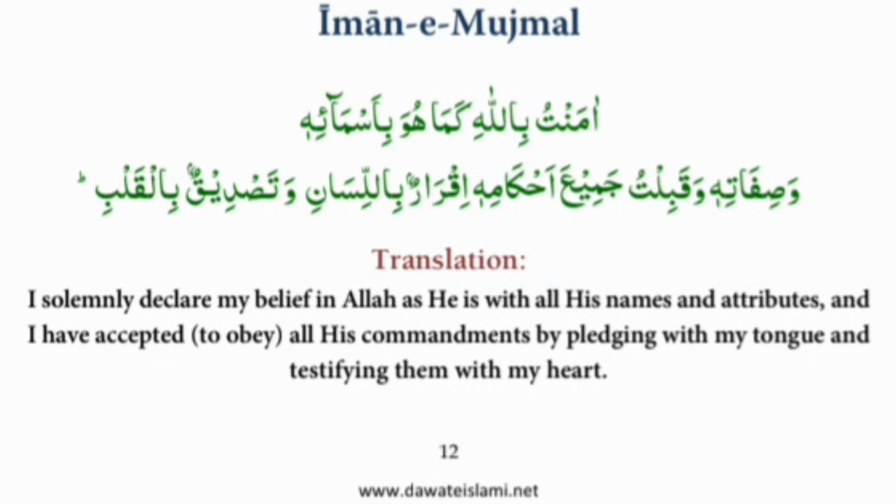Repeat it after me. Amantu billahi kama huwa bi asma'ihi wa sifatihi wa qabiltu jami'a ahkamihi iqrarun bil lisani wa tasdiqun bil qalb. The translation of iman-e-mujmal is: